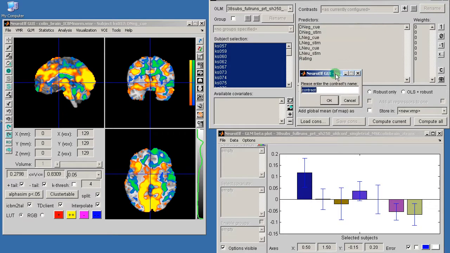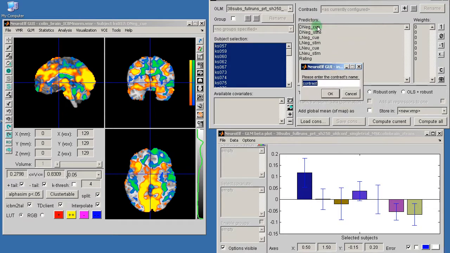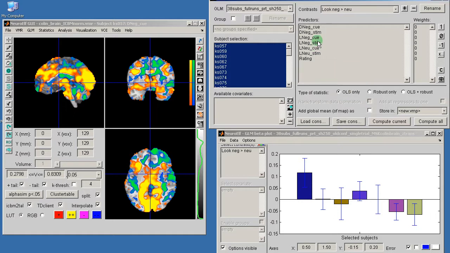In this experiment, the conditions are visual stimuli with cues in the actual stimulus, and we had negative and neutral stimuli under look and a decrease affect condition. So the contrasts of main interest in this study were actually the look negative over neutral contrast. So I select the look negative stimulus, click on the 1, look neutral stimulus, click on the -1, which configures this contrast. And then the other contrast of interest is decrease negative over look negative, which I configure in the